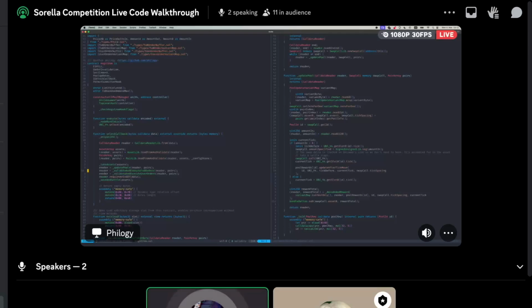So the reason they're called top of block is because top of block orders are special orders to be submitted by searchers or sophisticated actors that want to arbitrage the AMM pool. So these are not normal user orders where they say, hey, we have a certain limit, we just want to swap tokens, whatever. They say, hey, the AMM price on chain of the Angstrom pool is at a certain price, Binance is at another, so I'd like to buy from the pool and sell on Binance to make a profit, right? And this is also how we want to protect LPs from MEV, because what we do off-chain